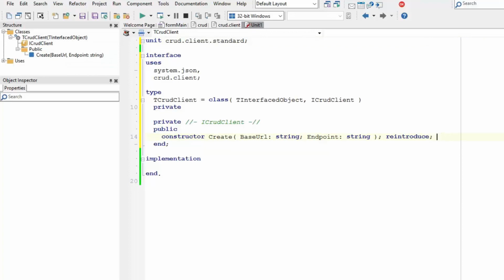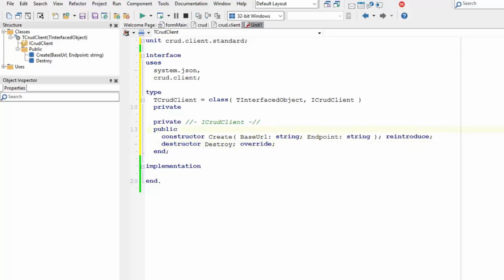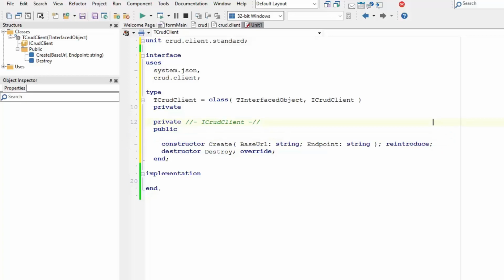It's funny how I make those typos while I'm talking, but they're actually finger memory. Destructor, destroy, override. Okay, so when we create our CRUD client, it's going to be given the base URI and